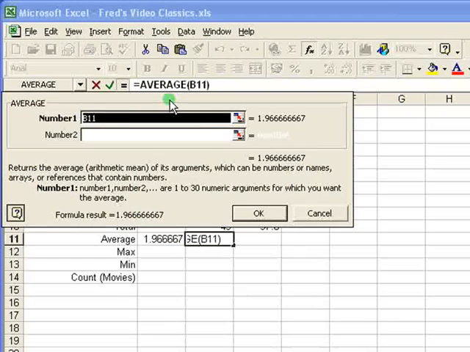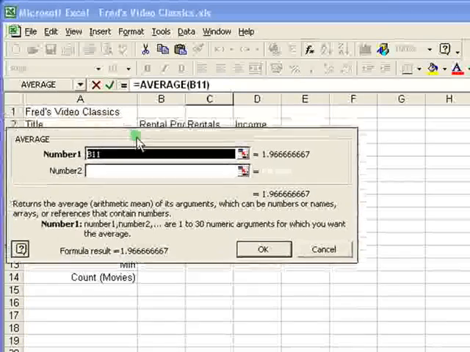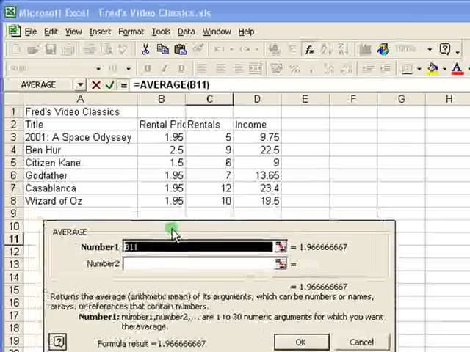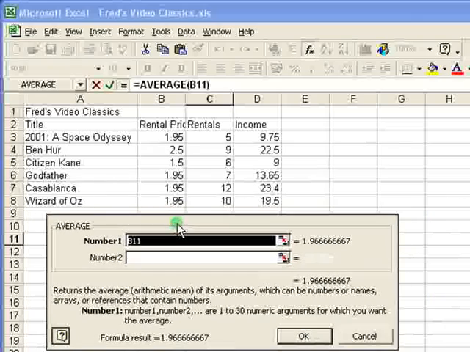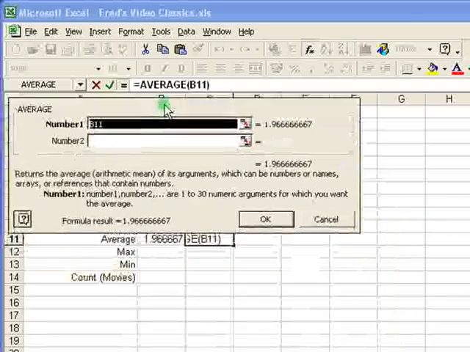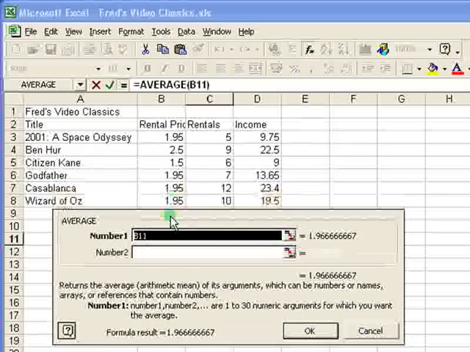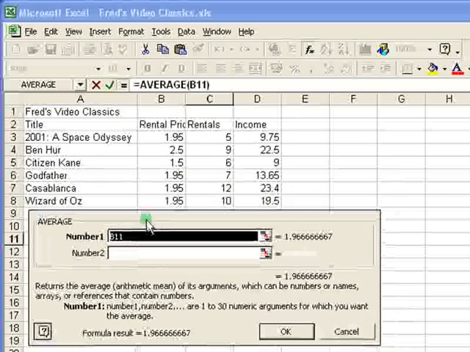We get the paste function dialog. We can move this around the screen, so if you want to move it so you can see the numbers that you're dealing with more clearly, you can just move it one side or the other. It always appears docked near the top of the screen, so you just click in any of the grey areas and drag it out of the way if you want to. I do that just because I find